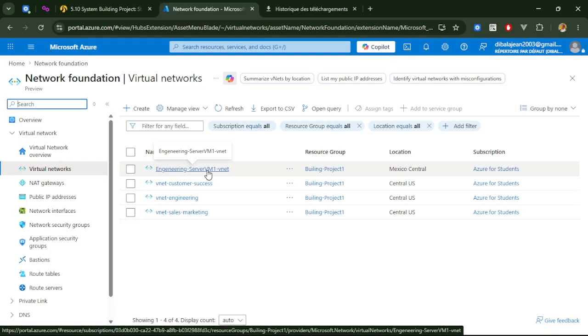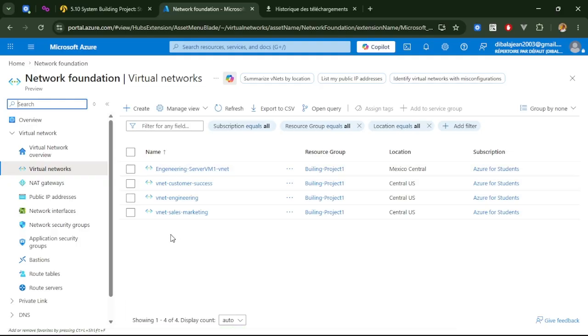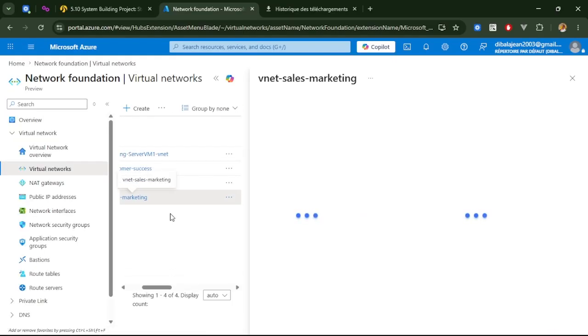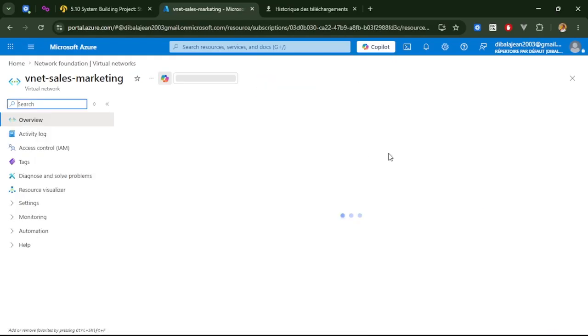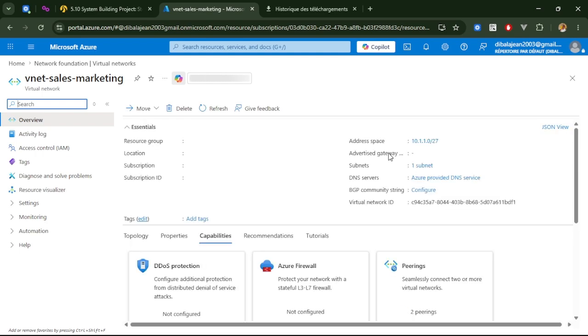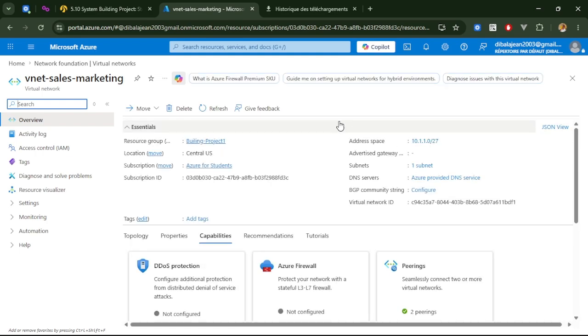That's because when I was creating server one of engineering, it automatically created a VNet. So anyway, I'm going to walk you through each of them and show you the configuration I've been doing inside. So here in sales and marketing VNet, we can see that I assigned it the subnet of